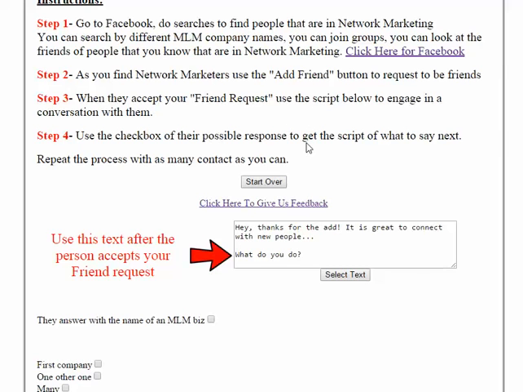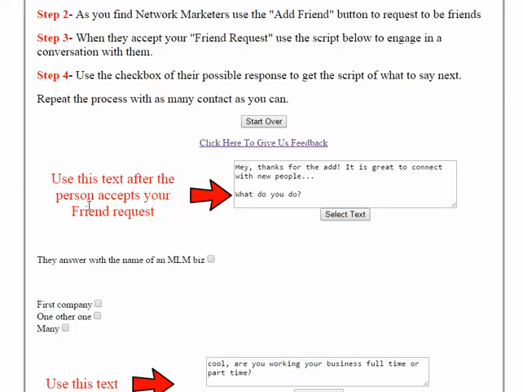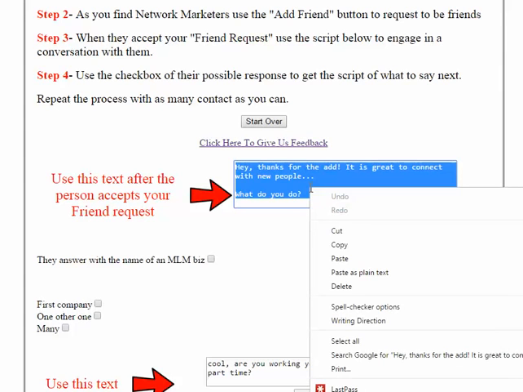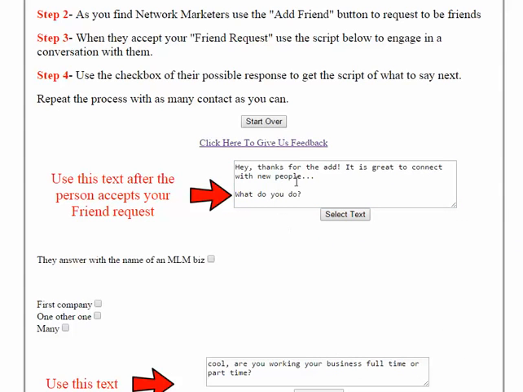Okay, so if you're familiar with adding friends and getting friend requests, this is probably not new information. But Johnny does that, and now he has a friend request. So now he looks at this page, and it says use this text after a person accepts your friend request. So he just clicks on select, right click, hit copy, or you can do Control C